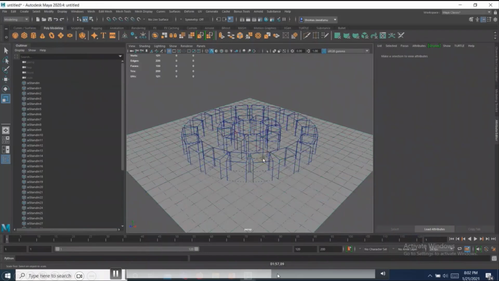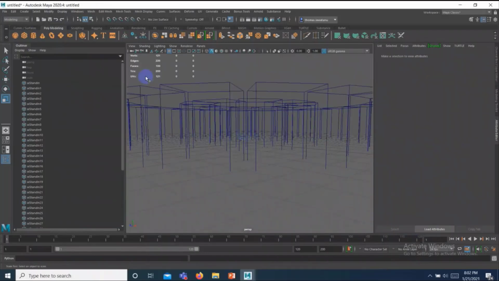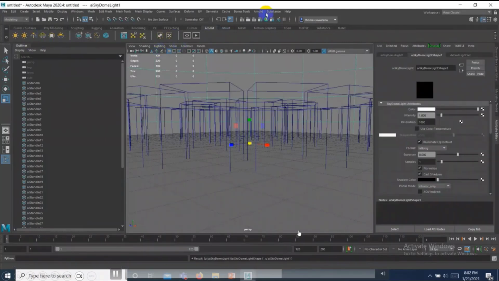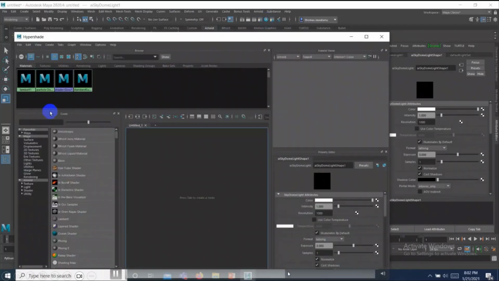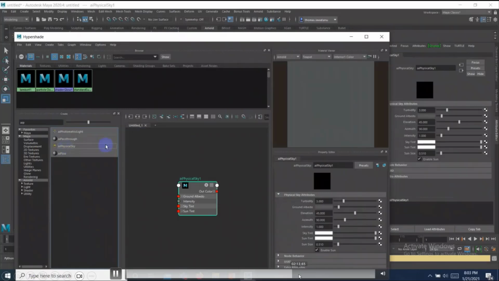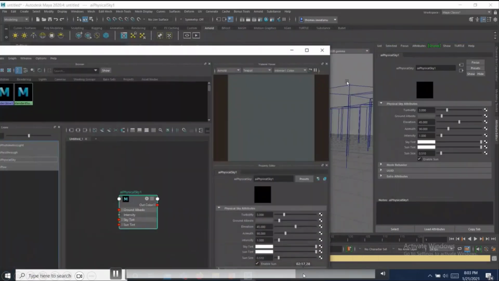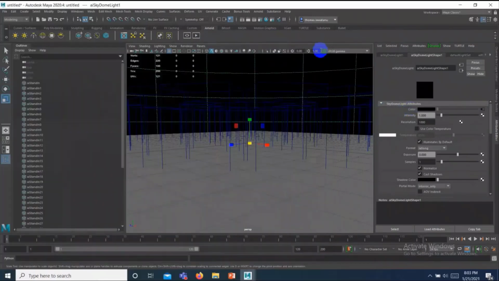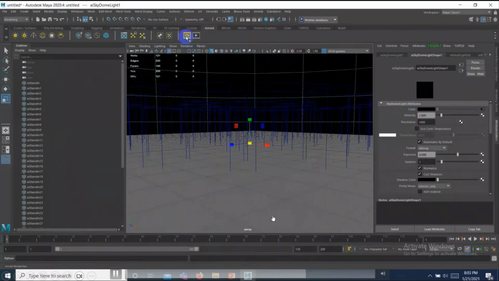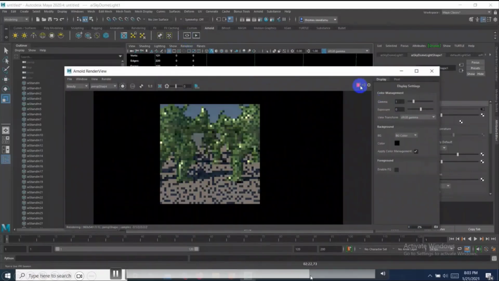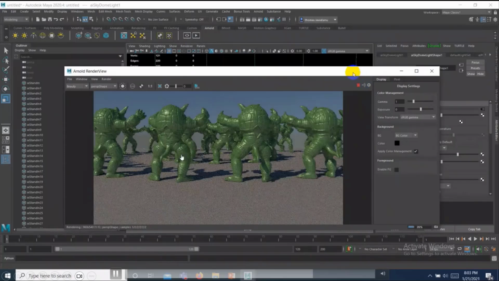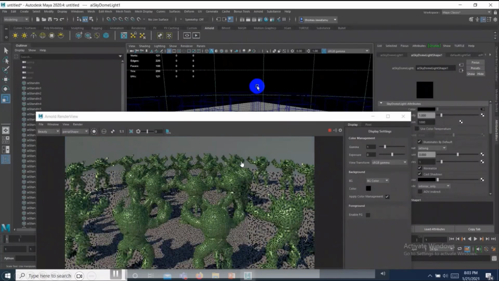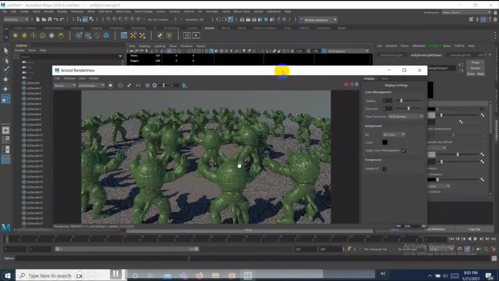Okay, so I'm trying to render. That's why I put the photometric or the sky dome. I go to the sky dome and try to render. I put the physical sky to embed, so I try to embed it to the sky dome. Then I render out and see the result. This is the way Arnold handles this object, so sometimes it's easier to maintain.